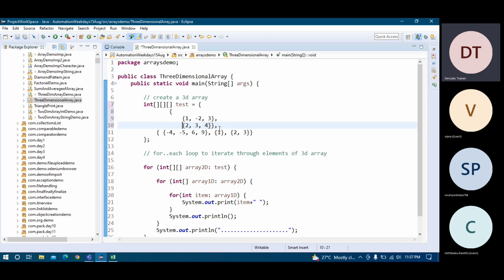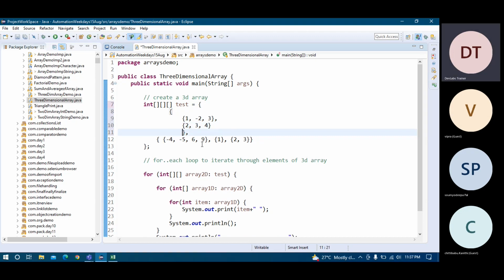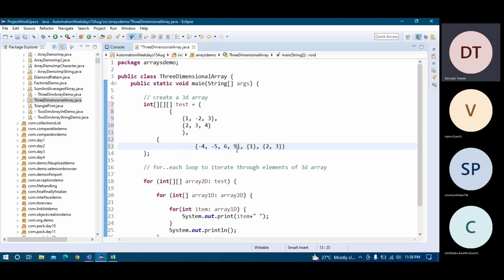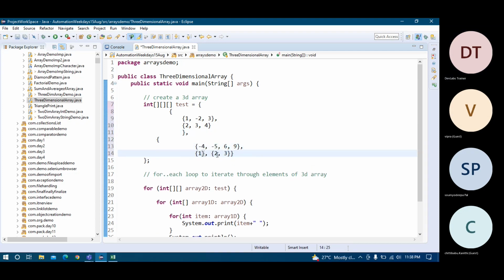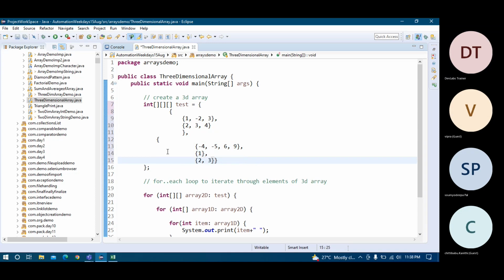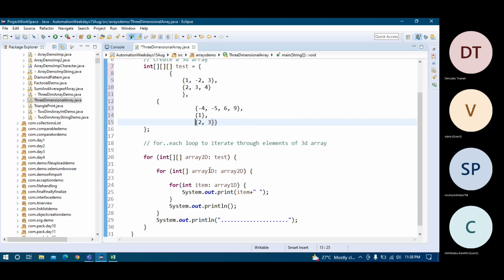This is table number 0. In table number 0, I have 2 rows and 3 columns, and this is table number 1. It has 3 rows, and in the rows the columns are dynamic, so that should be okay.